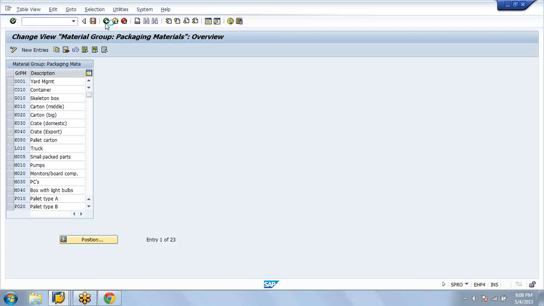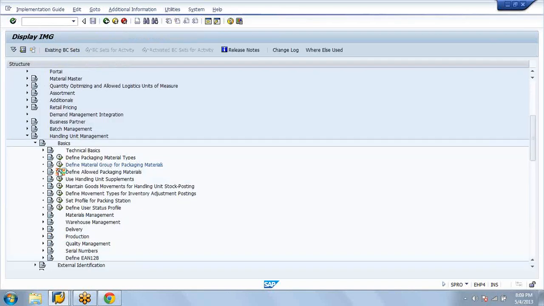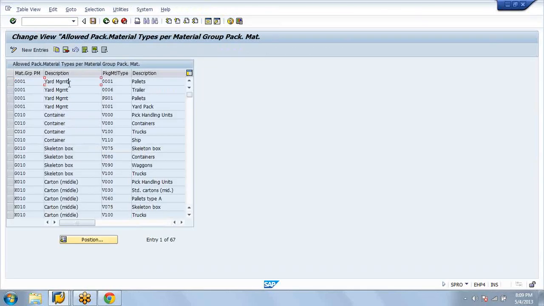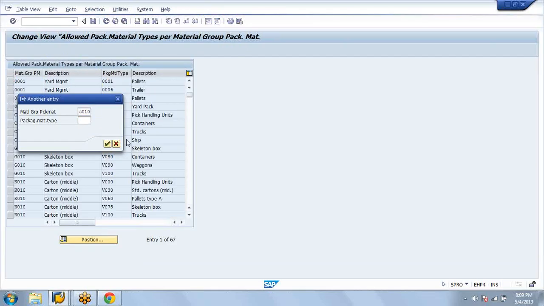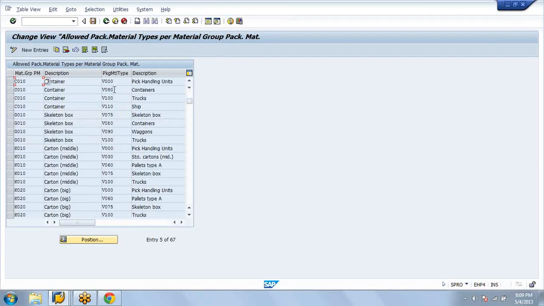And then we define our packaging materials. Since I have used C010, I am using a packaging material type as V080. So what I am doing, I am assigning these different packaging material types to this material group packaging material. You know what happens? Why we are defining all this is, first what we are doing, we are defining